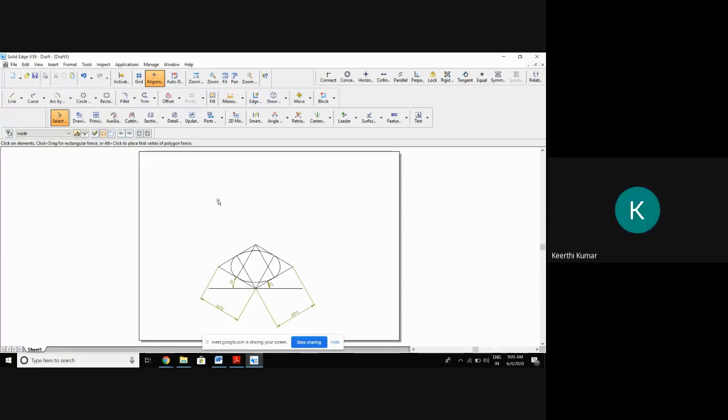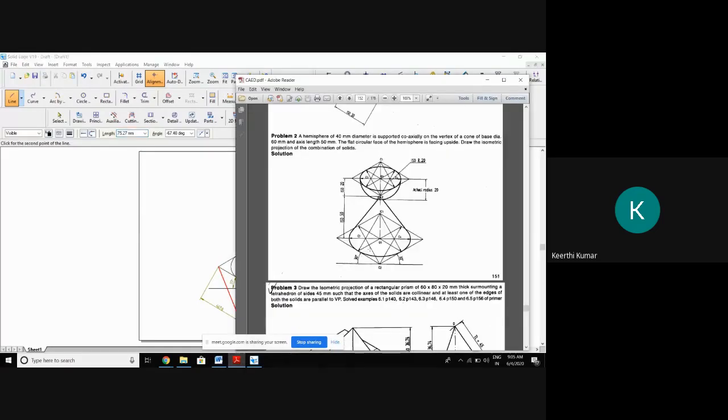Height of the box should be equal to height of the cone, correct? Sir, so what I'll do? What is the height of the cone? Yes, 50. I'll project. Height of the cone is 50. Axis length is 50. So, what I'll do?